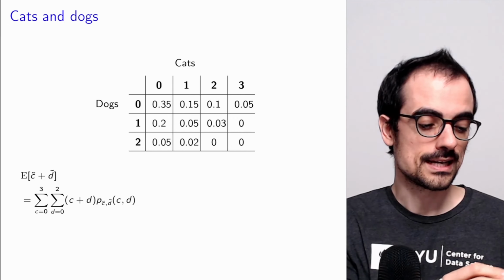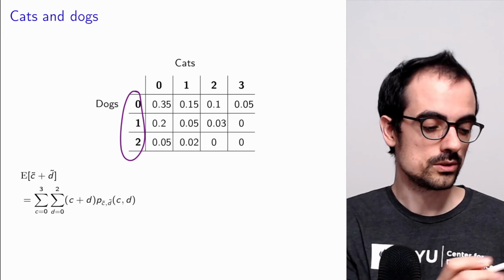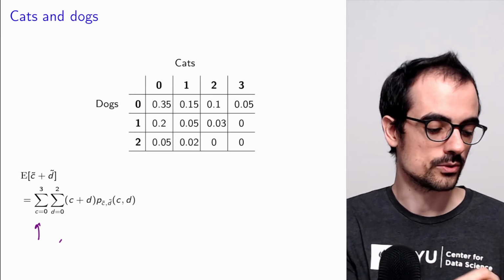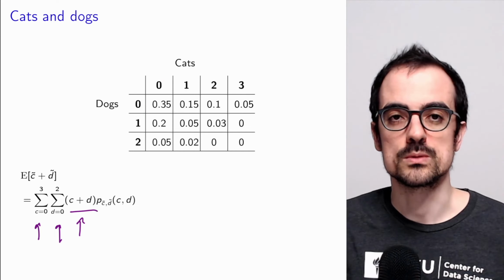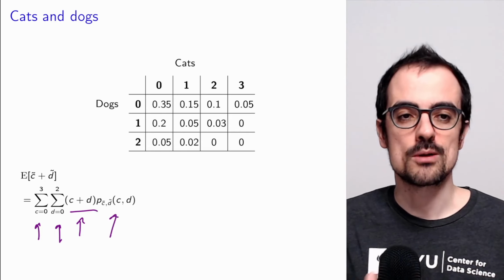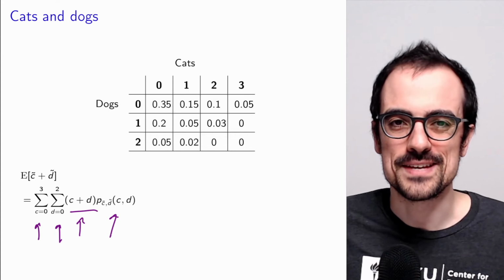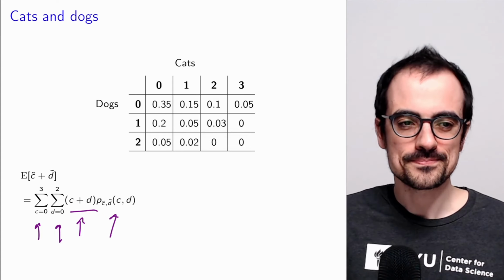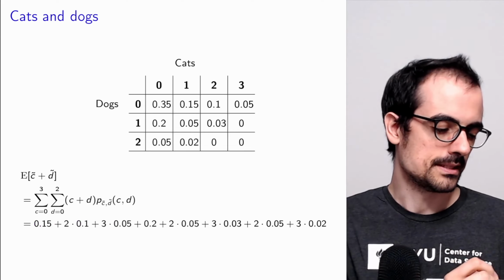So the cats go from 0 to 3 and the dogs go from 0 to 2. So that's why these sums go from 0 to 3, 0 to 2. We're going to apply the function to every possible pair of values, and we're going to multiply by the corresponding probability of those pairs. So again, I recommend that you pause the video and do it by yourself, but let's get to it. So we have, for example, the pair